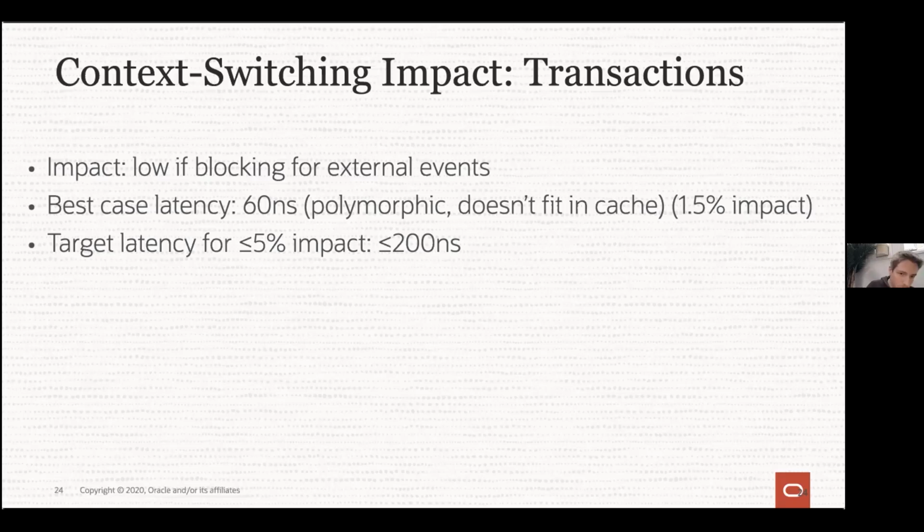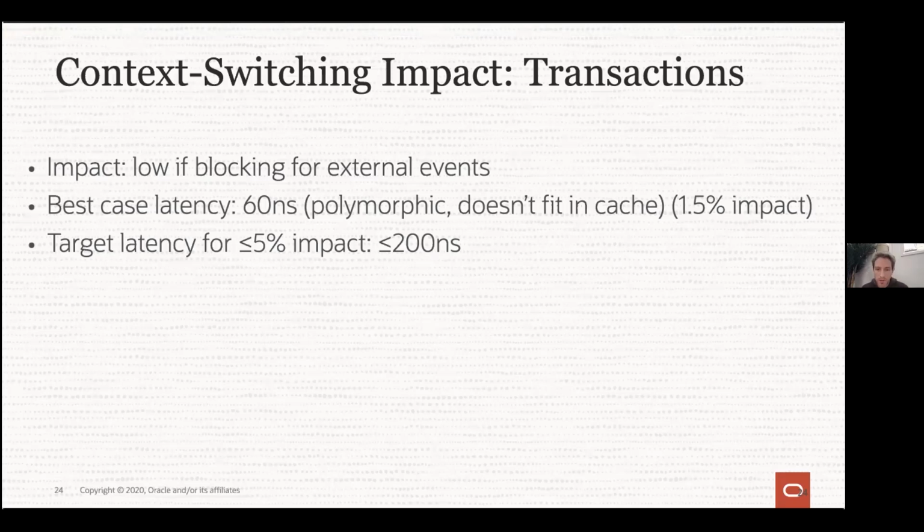And as long as we're under 200 nanoseconds, our impact is quite small. So even if we're using a language where resizable stacks do have a non-negligible impact on context switching, this might not be worth it to give up on user mode threads. So the point is that even if dynamic stacks negatively affect context switching costs in some language, their impact heavily depends on the use case you try to focus on.